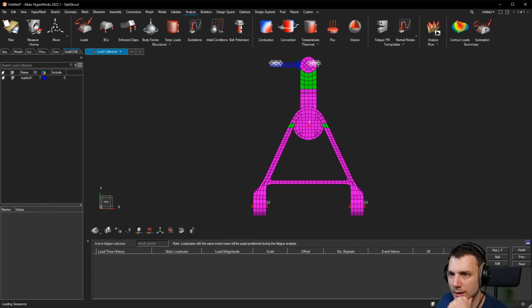And here we have the load sequences. So in this step, one event consisting of 2 load time histories is created. In other words, the linear superposition of the stress caused by the 2 load time histories is requested during analysis. Using this event, one load sequence is constructed. They are superpositioning those 2 load time history series on top of each other, and getting the resultant